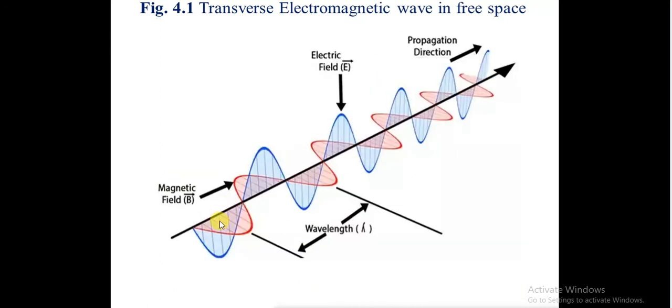This is again a representational image of how the wave propagates, what the magnetic field is. Here the brown color waveform represents the magnetic field, blue color represents the electric field. You can see here the angle between magnetic field and electric field is 90 degrees, as well as the propagation is perpendicular to both electric field and the magnetic field. The distance between the two crests, the two peak values of magnetic field or electric field, is called lambda, or the wavelength.